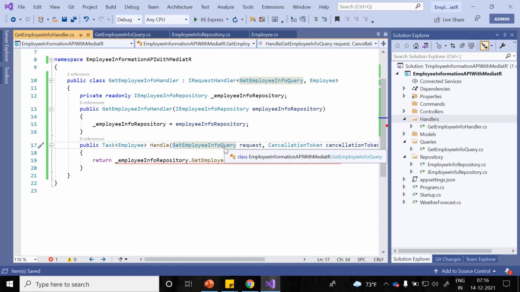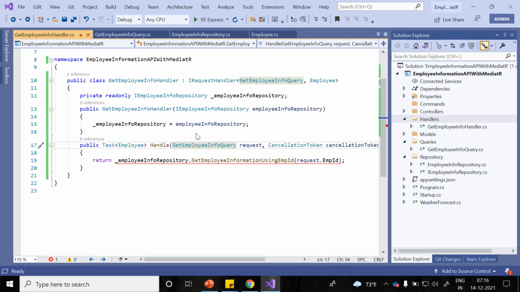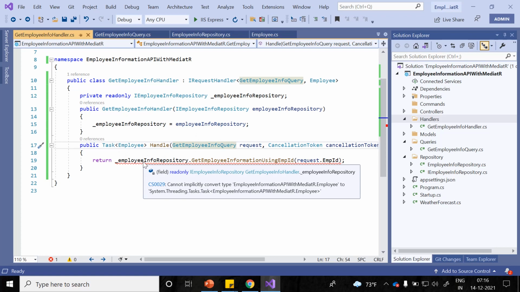Okay, let me take you here. As I mentioned earlier, a GetEmployeeInformation query. This request contains a response of employee ID, which contains parameters of employee ID. Okay, now